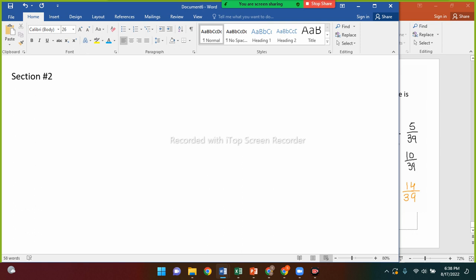And for this one, we're going to be looking at fractions on a number line. Okay, so fractions on a number line. So I think probably the best thing for us to do is to